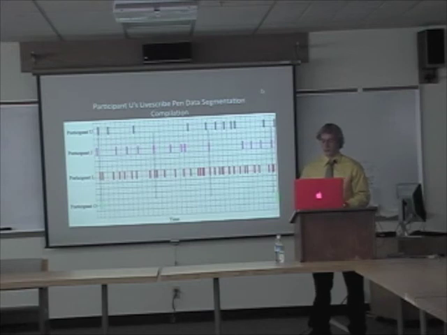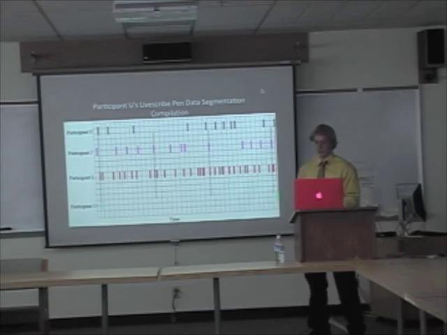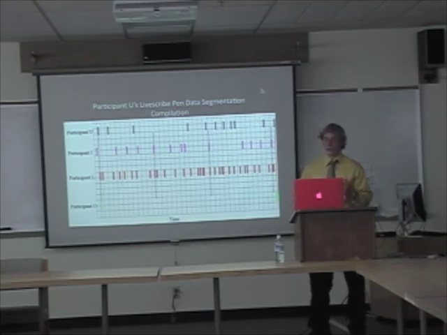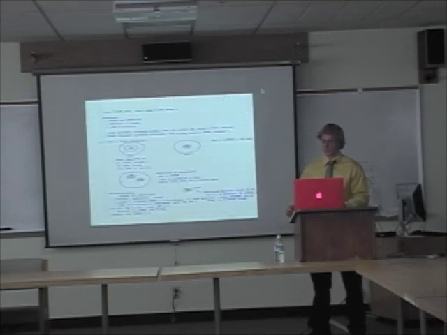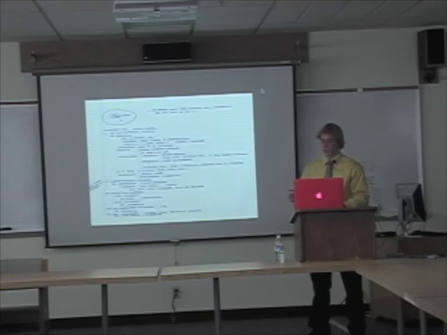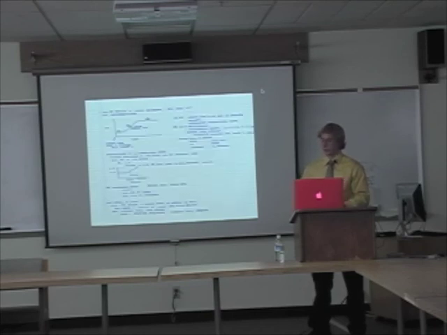And so then you have LiveScribe, which was notes. As you can see here, there's a really wide, diverse group of segments. You have participant O, who had 3, and participant L, who had, I believe, 32. The difference is that participant L saw a lot of interruptions and a lot of different points in there that could be broken up, and participant O saw it as one activity, whereas participant U's data was kind of in the middle. You can see that they finished their page of notes and just kept moving on, so each page of notes is where it was divided up.